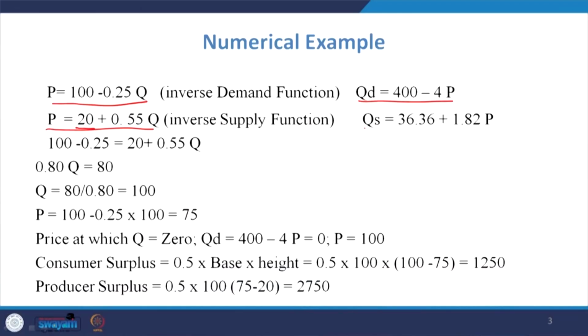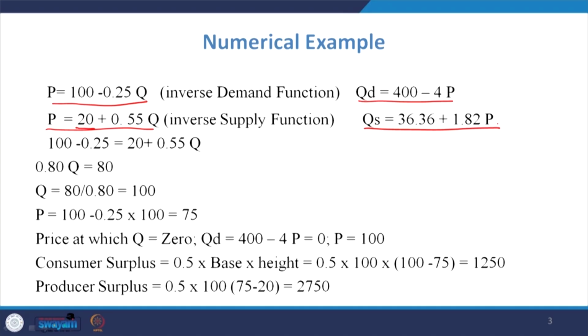So, if the price is not recovering this kind of fixed or variable cost, etc., then the producer would not be able to supply the product in the market. Now, you can also convert this function into a supply function, and that is 36.36 plus 1.82 P